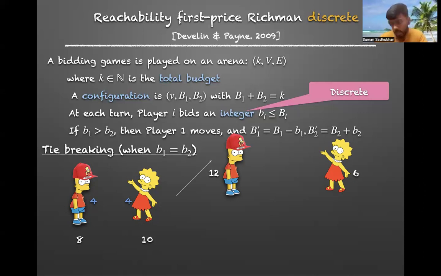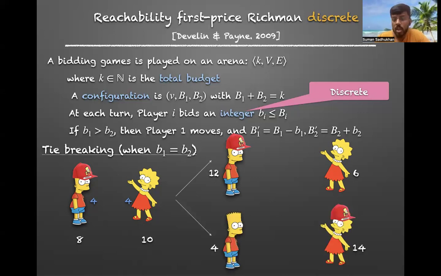That's what is happening here. Both of them are bidding 4, but Bart is keeping the advantage for the future and lets Lisa win. So his budget is increasing because Lisa is choosing the token. Or he can play the advantage, which means he wins the bid and chooses where to move the token, but he has to pass the advantage to the other player after this time, and this goes on. So this is what we call advantage based tie breaking. Whoever holds the advantage can break the tie however he or she chooses.